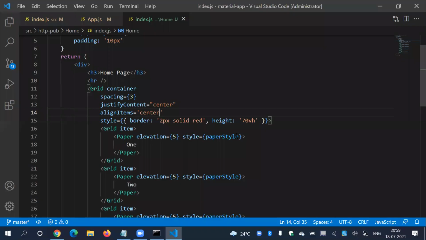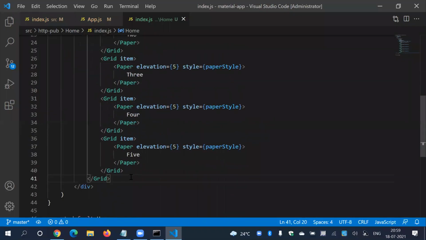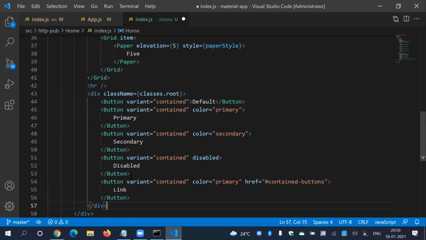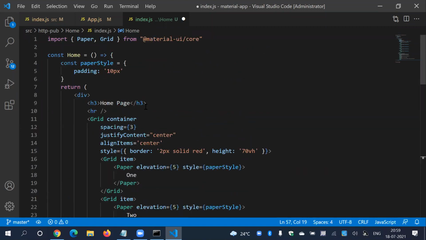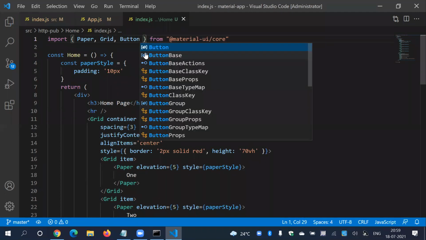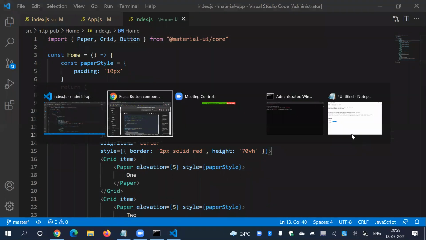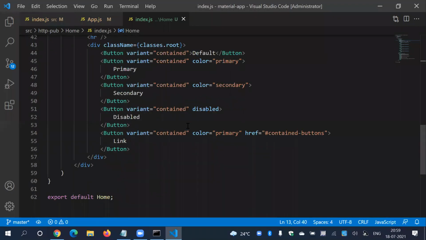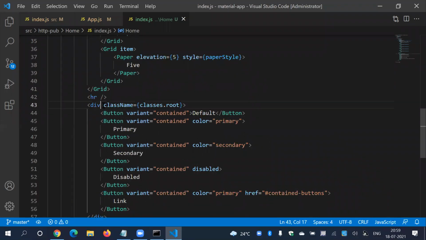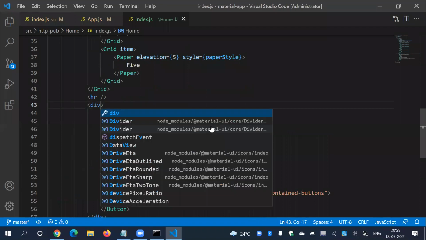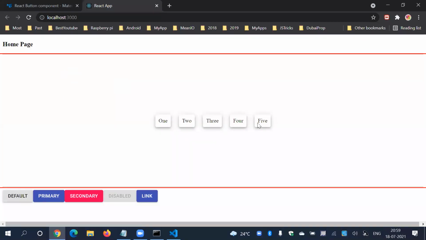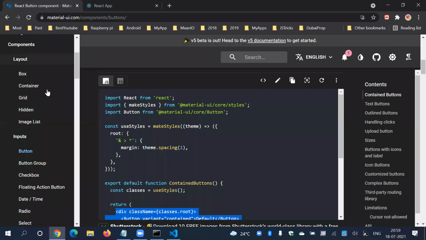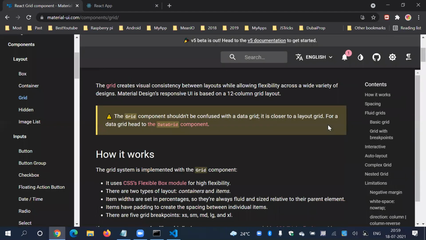Button. After grid, I'm going to add one more row, and here I'm going to paste it. But here I have to import that button. So let's say button, and that's it. So jump to my page. Where is classes, man? Div class. Remove this. Save. Here we got it. Guys, one thing that I missed here that is very important.